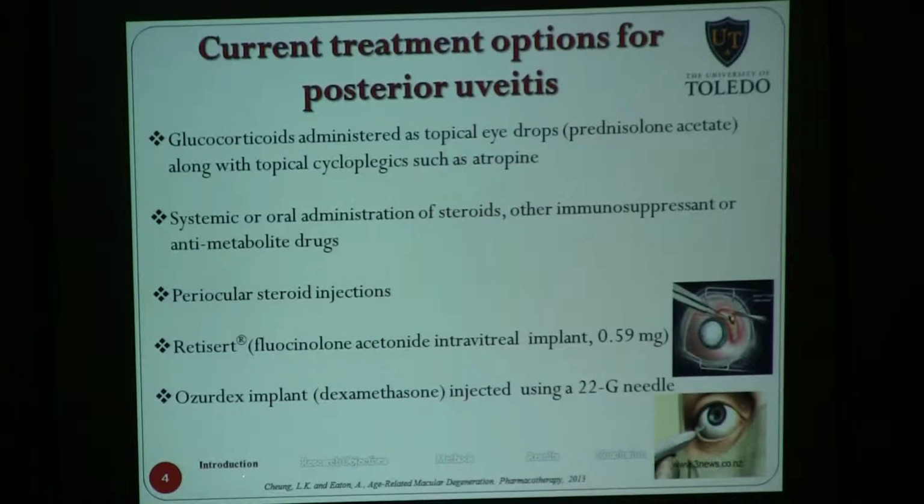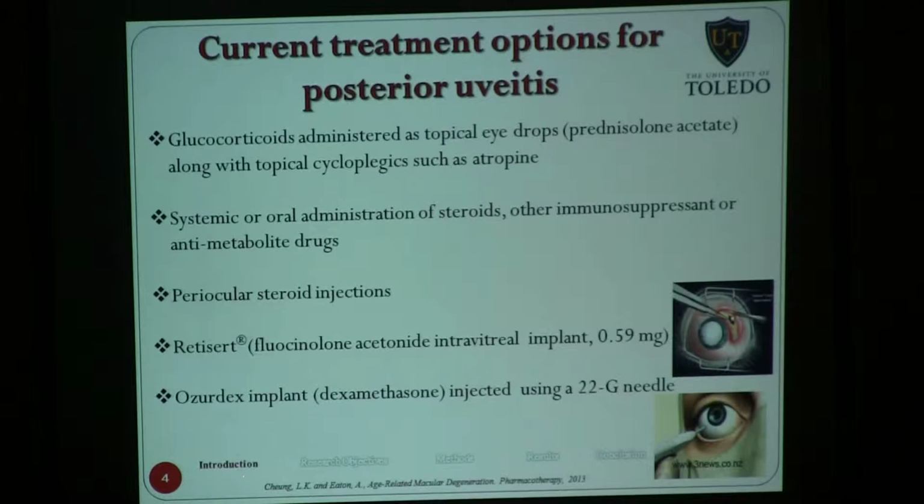Then the other route of delivery is intravitreal route, and usually implants are administered by this route, and this route is much better than systemic as well as periocular route because it provides sustained release of the drug. And again, this route also has certain drawbacks, in the sense that in order to place the implant as well as to take out the implant, the surgeon has to carry out surgery on the eye. And most patients do not like to have a surgery in the eye. A few implants that are on the market for treating uveitis are Retisert, which contains